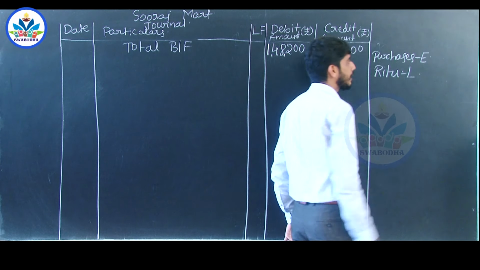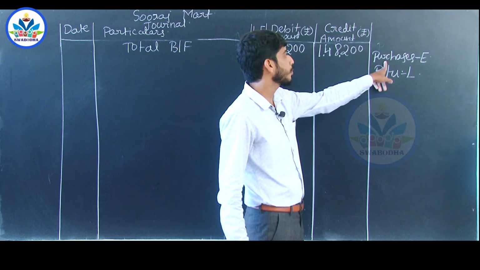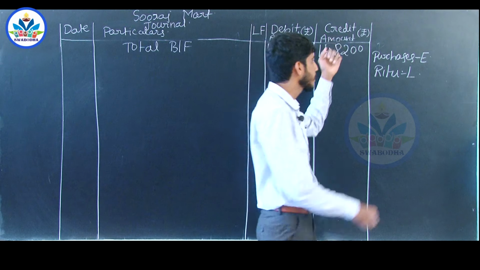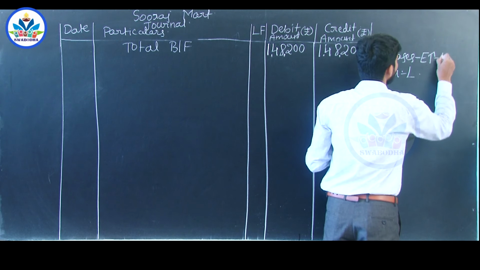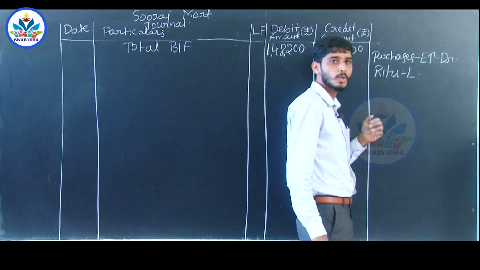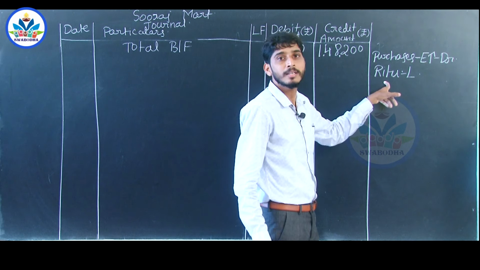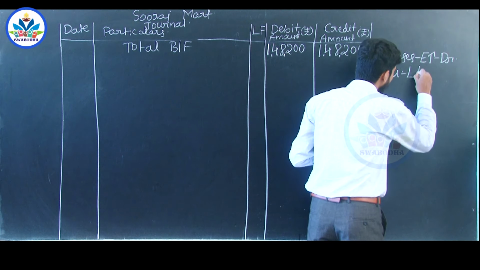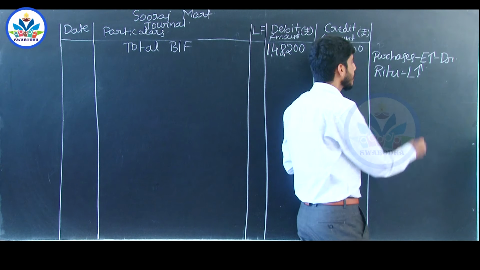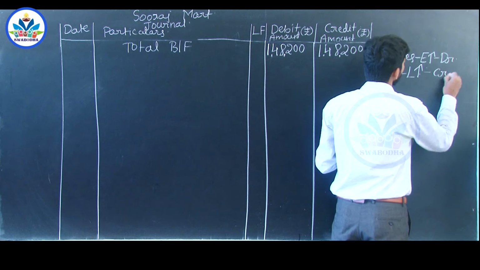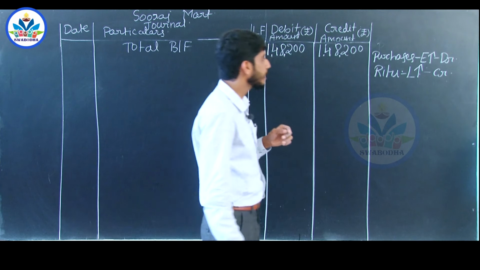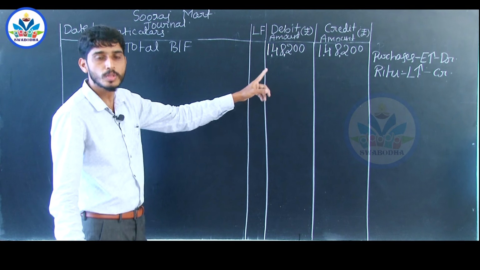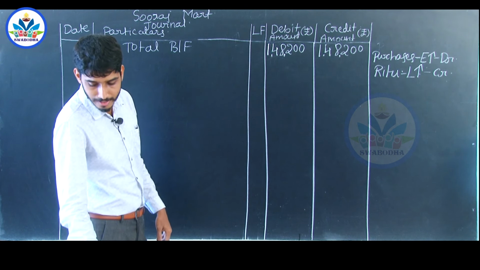Creditor means a liability. Whenever you make purchase of goods or expenses, value increases. Increase in the expense has to be debited as per the rules. And Ritu is the creditor. Creditor is a liability. We have the responsibility to pay. Our responsibility increases. Increase in the liability has to be credited. So, the journal entry will be purchases account debited to Ritu's account.